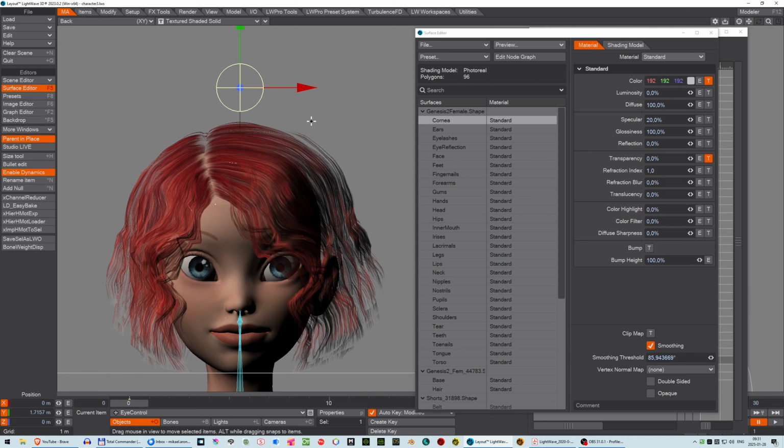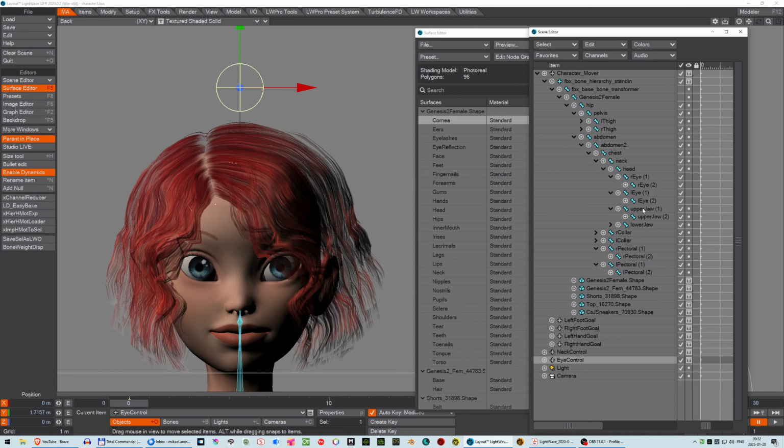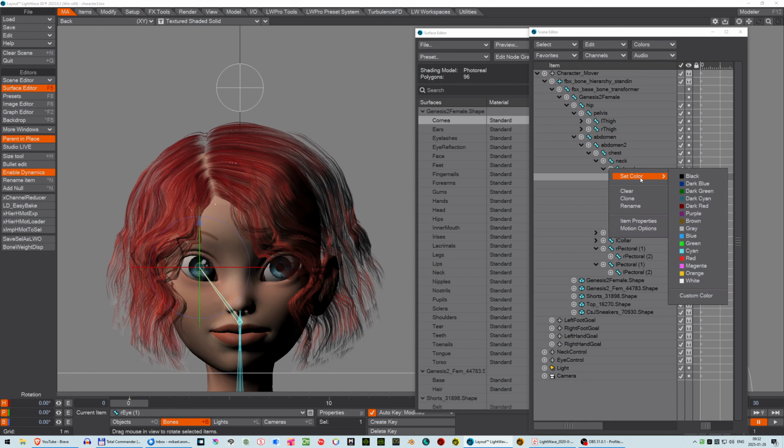Okay, so this is going to control the eyes. And how do we do that? That's not easy to know when you're starting out. So let's pick the bone here. We have the right eye. And we rotate that. And nothing happens because I selected the wrong bone. It should be right eye 1. Now, there we are. You can turn the eye left and right here on the heading. And that's perfect. So let's do the same with the